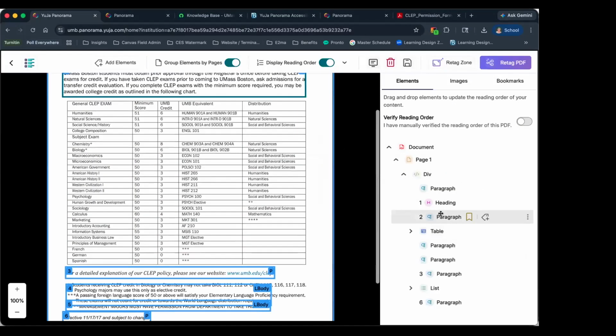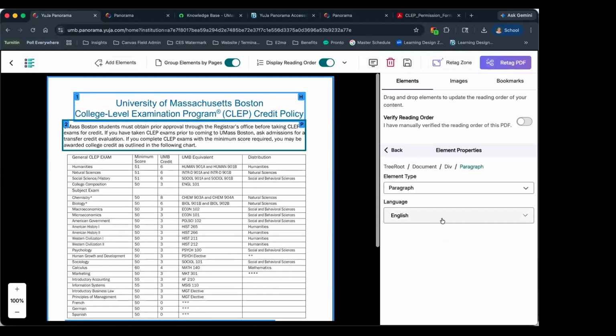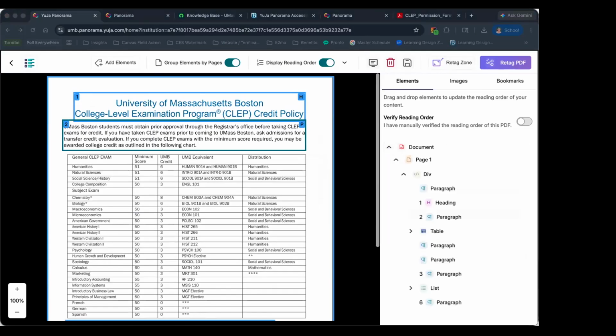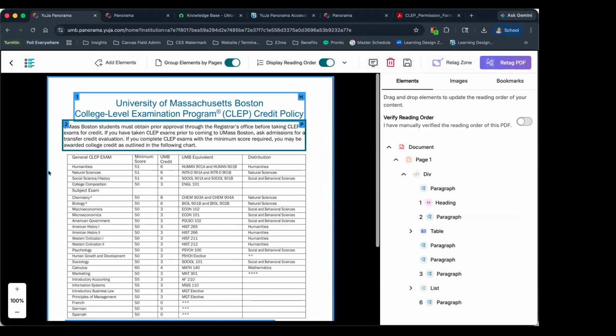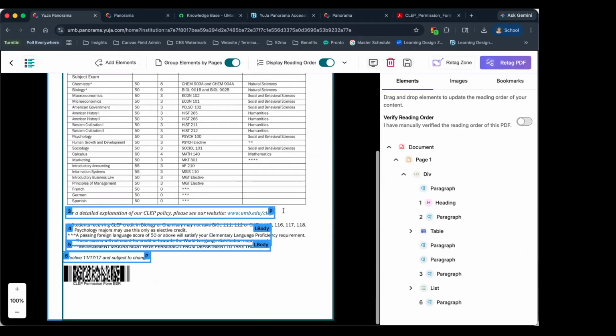through and identify this. We have an issue here, which is that this particular document has, the platform has identified this first bit of content as a header, University of Massachusetts, Boston, etc. Then the following content is a paragraph. That is correct. UMass Boston students must obtain, etc. Then it skips down to we have a chart with courses and credit hours and equivalencies. And then at the bottom, we have additional information and content.